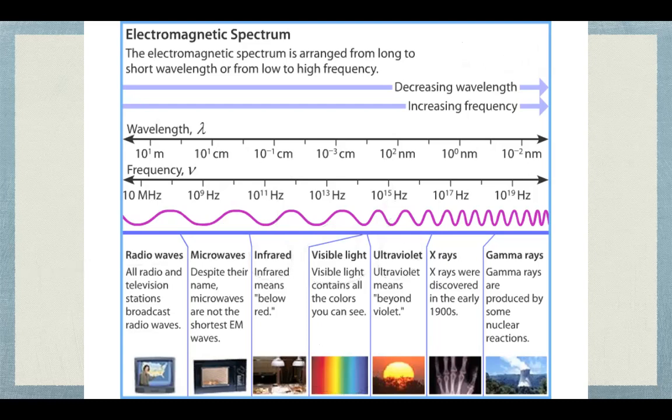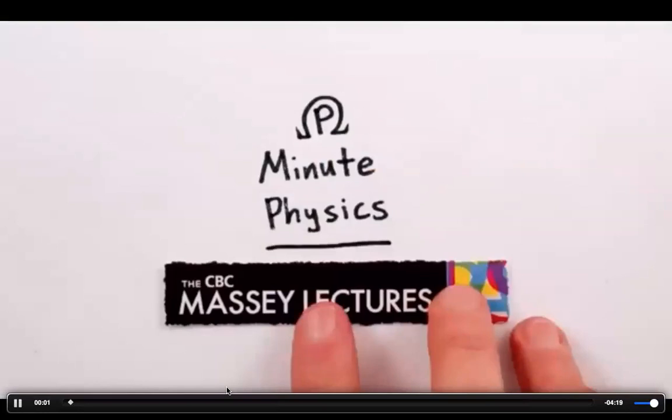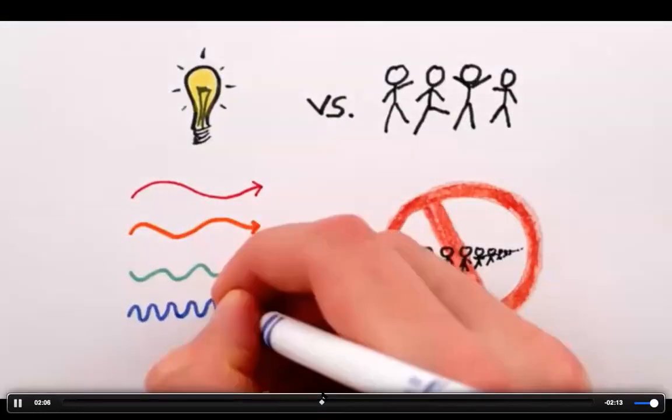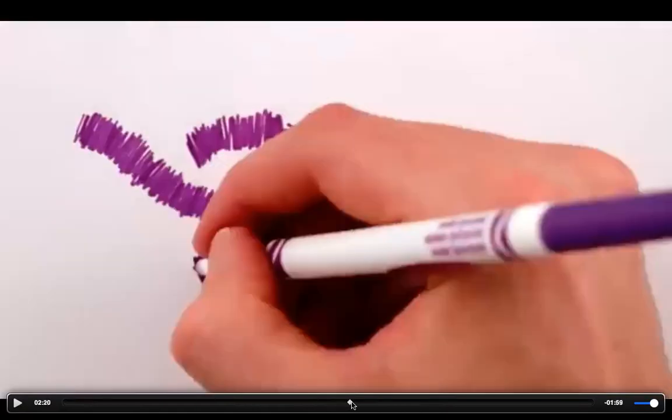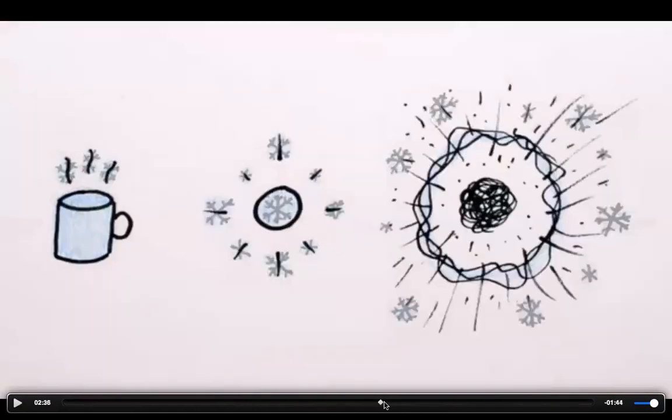That's what he was talking about in the video. Here, you can see when he's using red, orange, green, and blue. Red has the longest wavelength and the lowest frequency, and blue and violet have the shortest wavelength and the highest frequency. So when you look at, Planck was studying hot objects, but when you look at hot objects or objects that